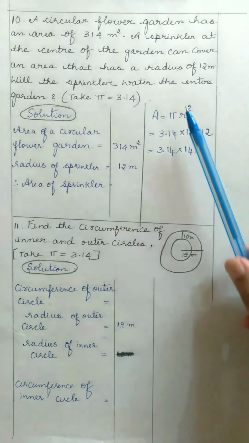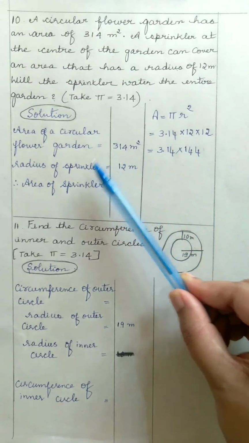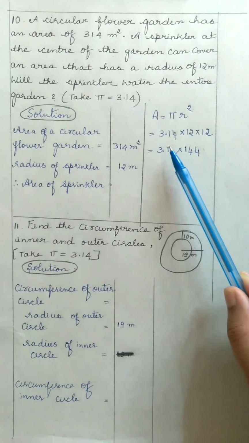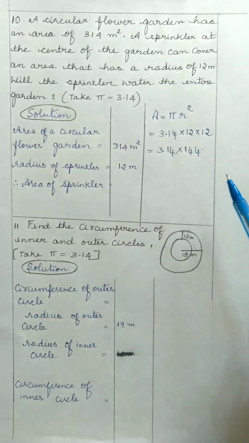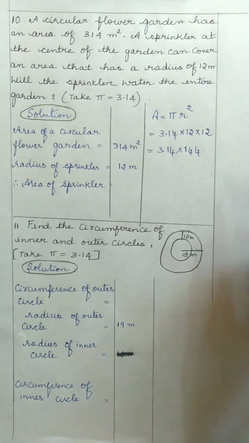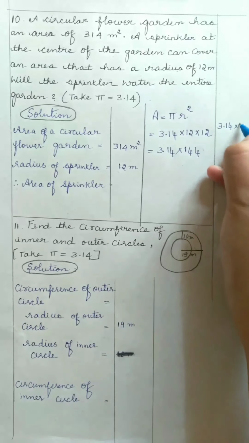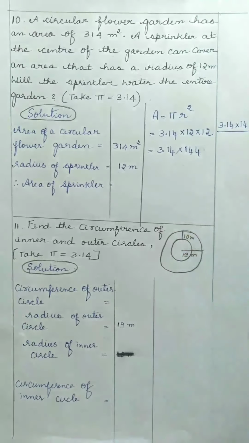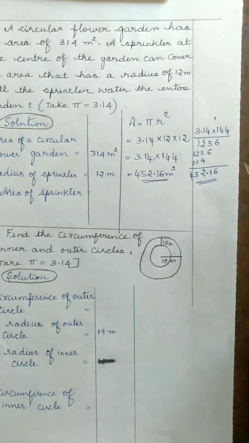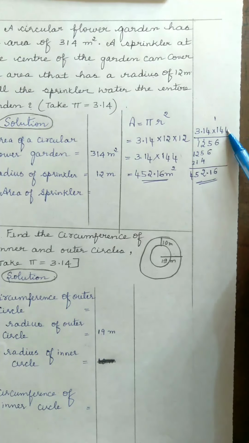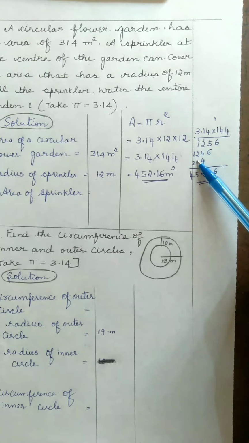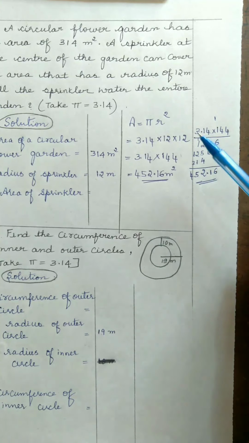Now, pi, the value is 3.14, into radius value 12 into 12. So 3.14 into 12 into 12, that is 144. Therefore, on multiplying 3.14 into 144, we get... So children, when we multiply 3.14 into 144, 4 4s are 16, 1 is remaining, 4 1s are 4, 4 plus 1, 5, 4 3s are 12. So again the same number 4 we have, so the same answer 6, 5, 2, 1. Then we have 1 here, 1 4s are 4, 1 1s are 1, 1 3s are 3. So on simplification, we got the area that is equal to